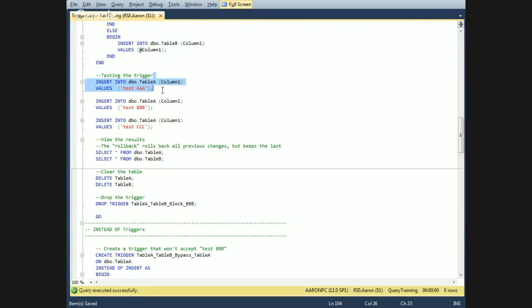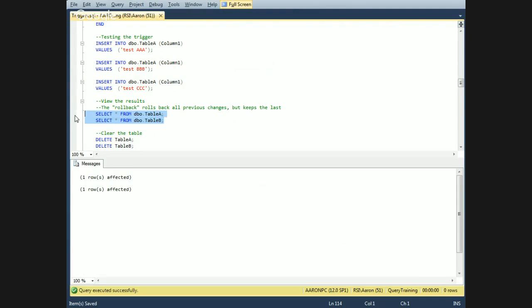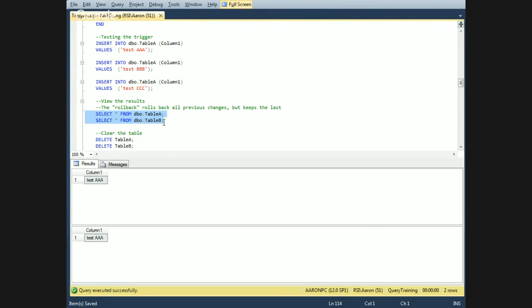And we will insert into table A. That should pass all of our logic and go into both tables. Table A is at the top, table B is at the bottom. So now we'll run